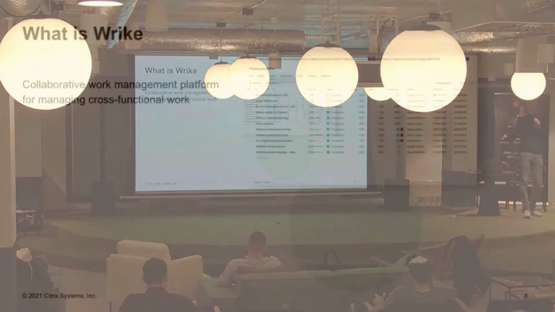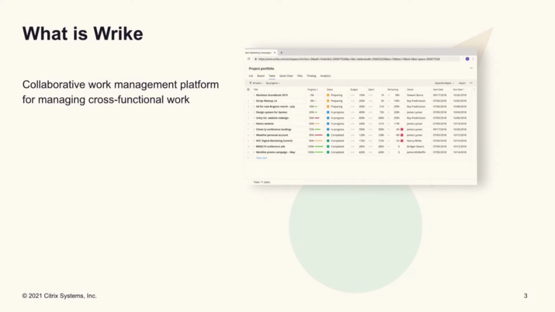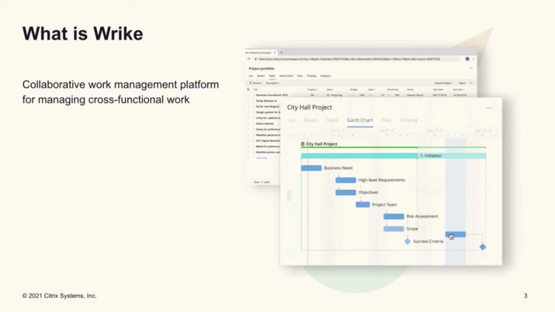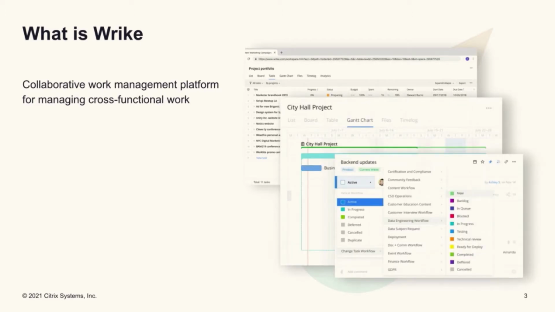A small setup, just to make it a bit more clear what is under the hood of the discussion. What is Rike itself? As a product, you can be familiar with it, or you can be not. It's fine. Rike is one of the leading collaborative work management platforms. So what does it mean? In general, for doers, for regular users, it's a to-do list. For managers, it could be a list of tasks for their project. It could be a Gantt chart. It could be whatever. So it really has a lot of uses inside.